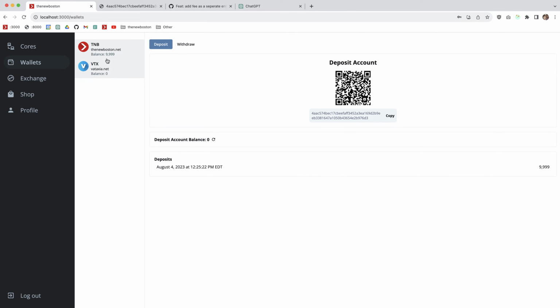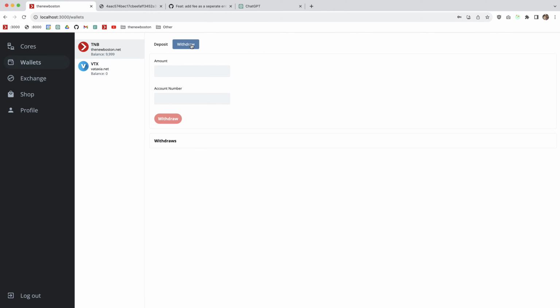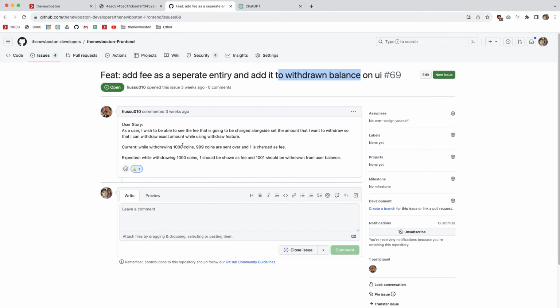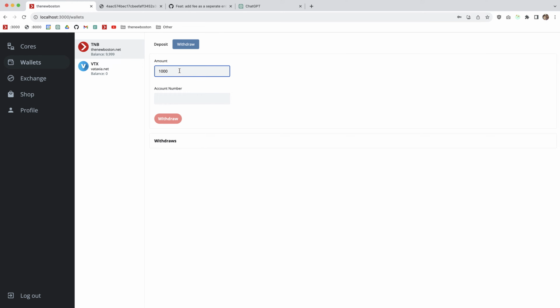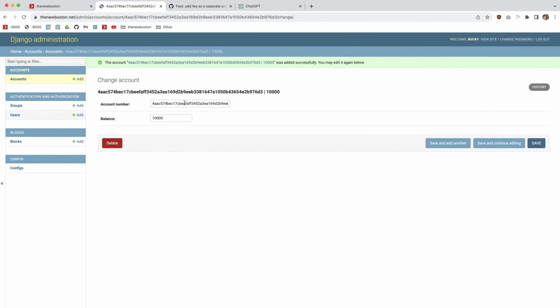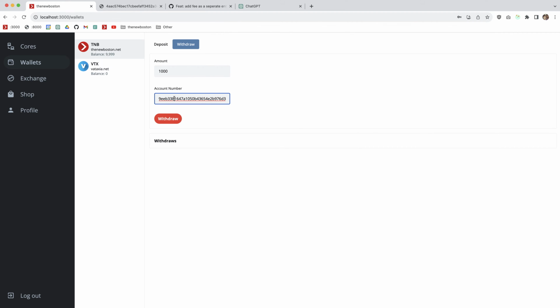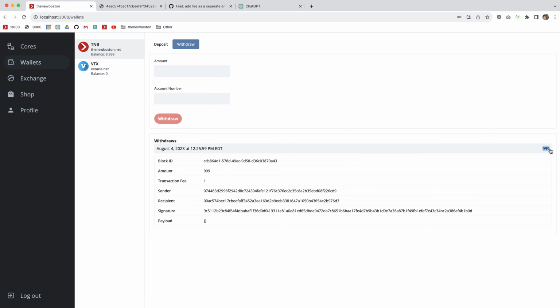main account. Okay, so right now I have 9,999 coins. Now let's say I want to withdraw 1,000. Let's see what we can use in his. Okay, so he says, while withdrawing 1,000 coins, basically whenever you submit this form, you don't end up with 1,000 coins because the transfer fee is 1 coin. What you end up with in your final account, and I'll just make another account real quick, 2 zeros at the beginning. So whenever you actually make this transfer, what you end up with in your final account is 999